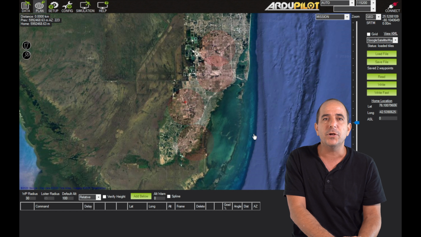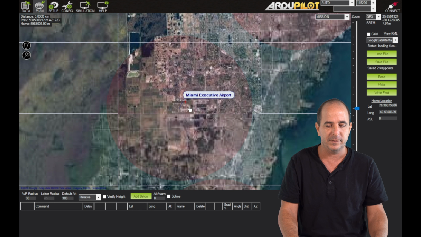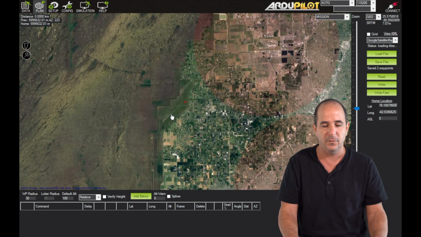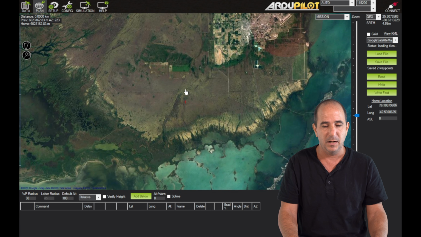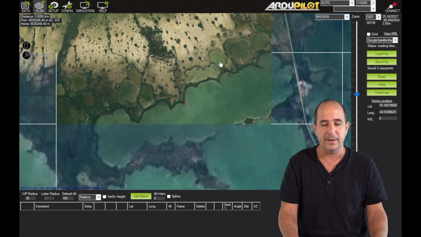But in order to keep it as simple and as safe as possible, whenever you see a no-flight zone, stay a few miles away from it. So this is a no-flight zone, and I will take, I don't know, a few miles away from there and go to this coast, and then we can play here.